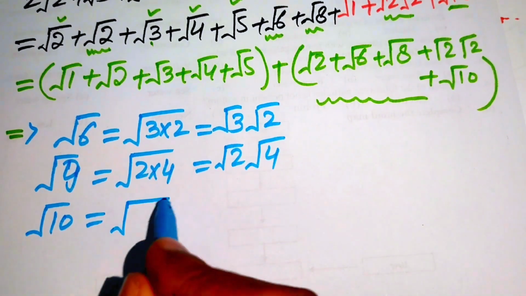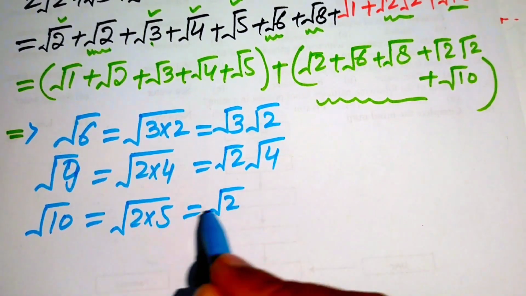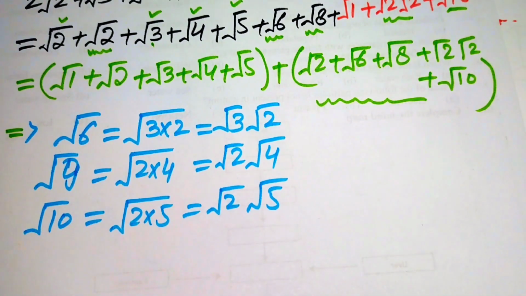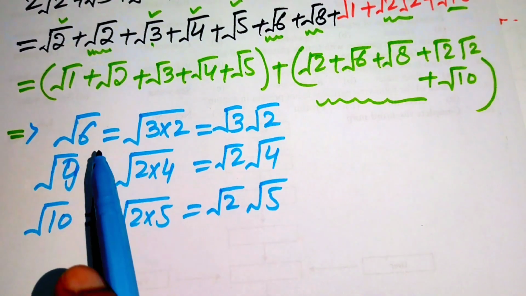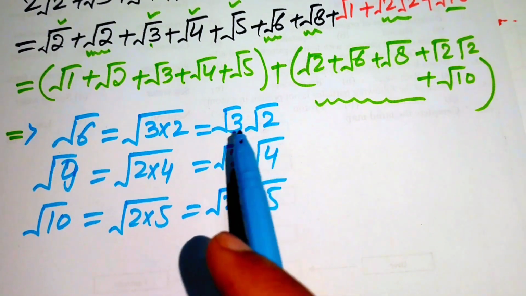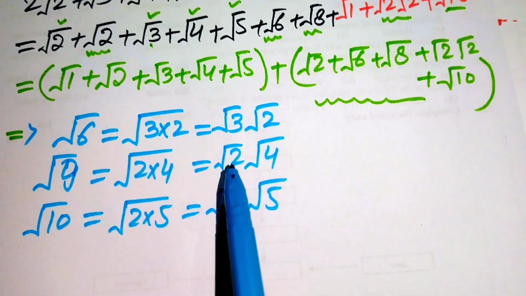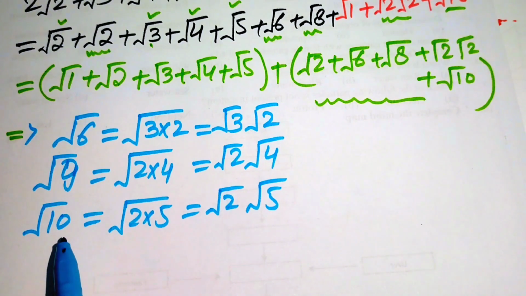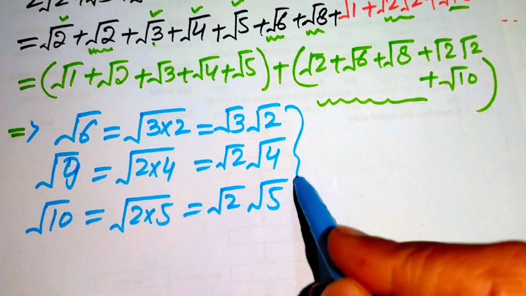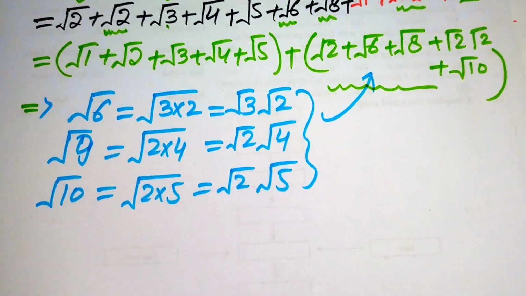And we write the square root of 10 as square root of 2 times square root of 5, and when we separate the square root, we get square root of 2 into square root of 5. So now we replace square root of 6 equals square root of 3 into square root of 2. We write square root of 8 as square root of 2 into square root of 4, and we write square root of 10 as square root of 2 into square root of 5. So we substitute all these values in this expression and we write it as,